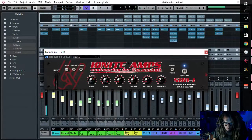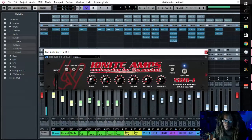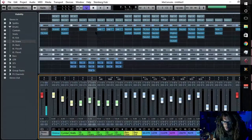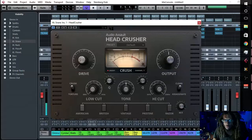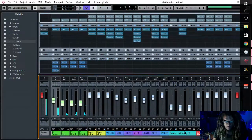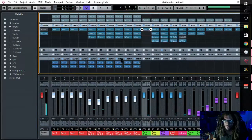Unlink them. This is a bass amp simulator, by the way. It sounds cool with these drums. Rack. Go here. Head crusher. Dope plugin. US snare. Sounds cool. The only thing on the drum bus is